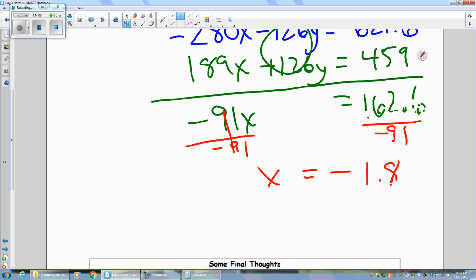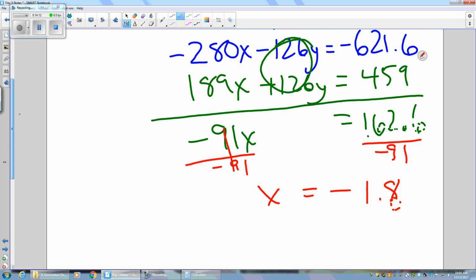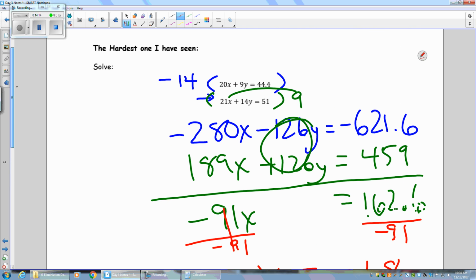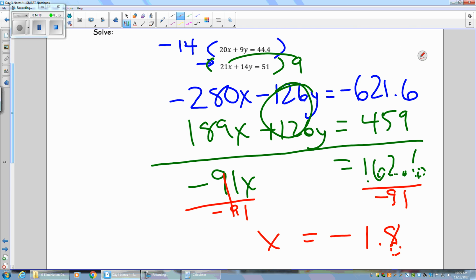All right, so now that I have negative 1.8, let's take that and plug that into one of those. I want to do the top one. So taking the top one, I end up having 20x plus 9y is 44.4. And let's take that negative 1.8. Plugging that in, I end up getting